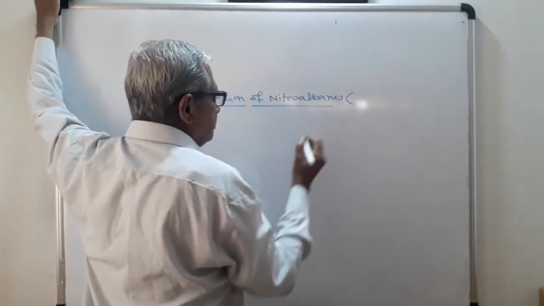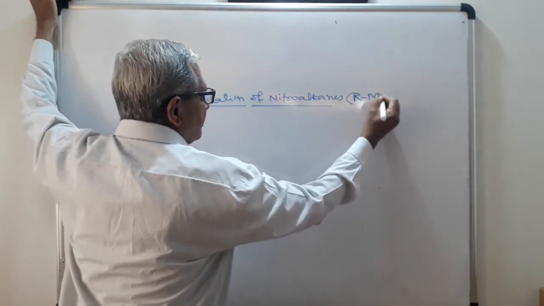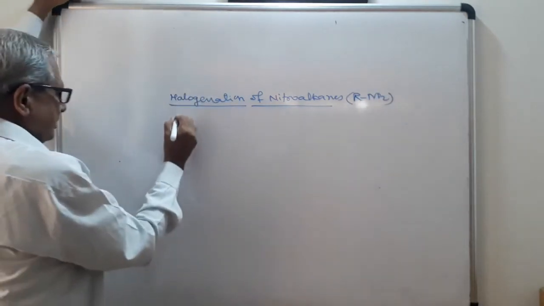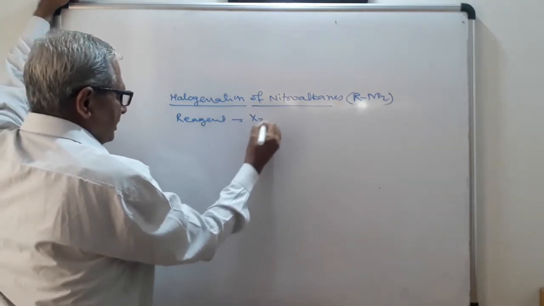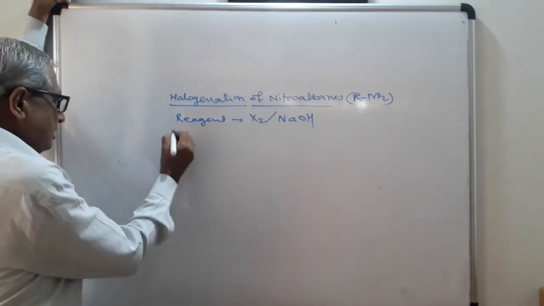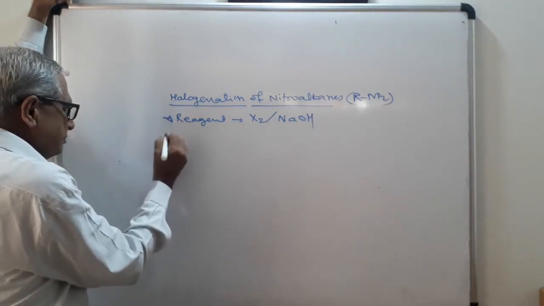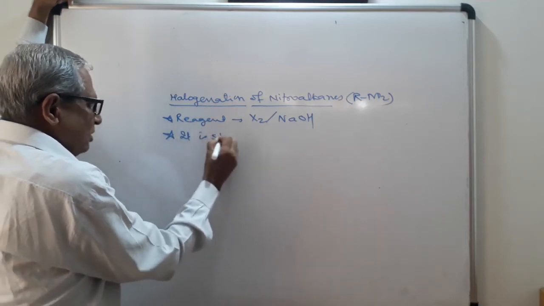The reagent used is, nitroalkanes are indicated by RNO2. Here the reagent used is halogen in presence of NaOH. It is shown by, second important question, it is shown by